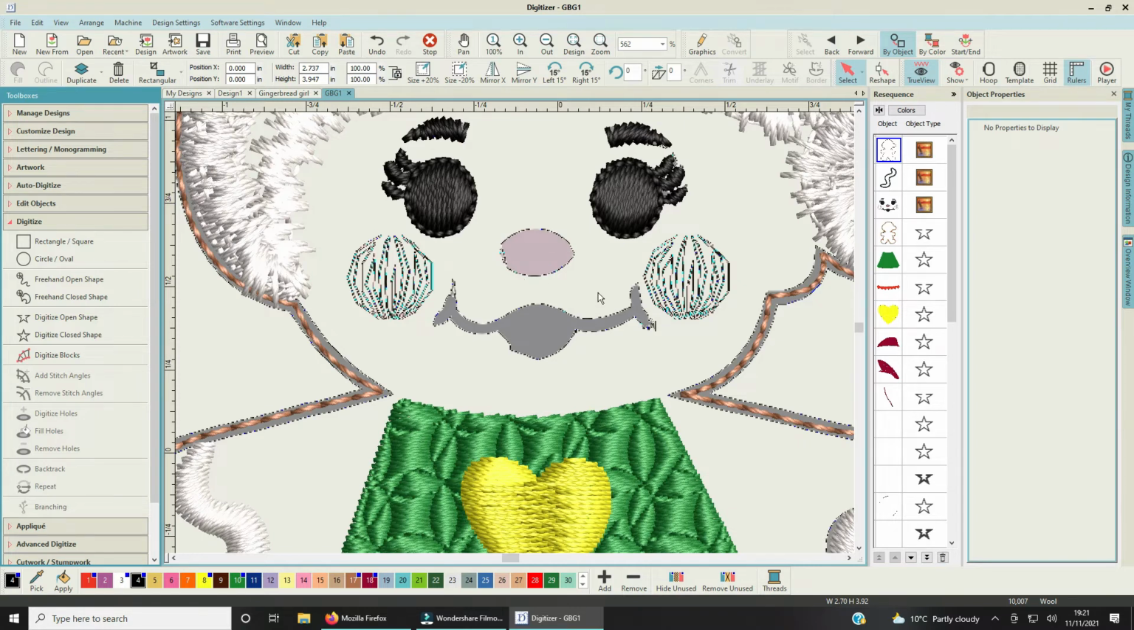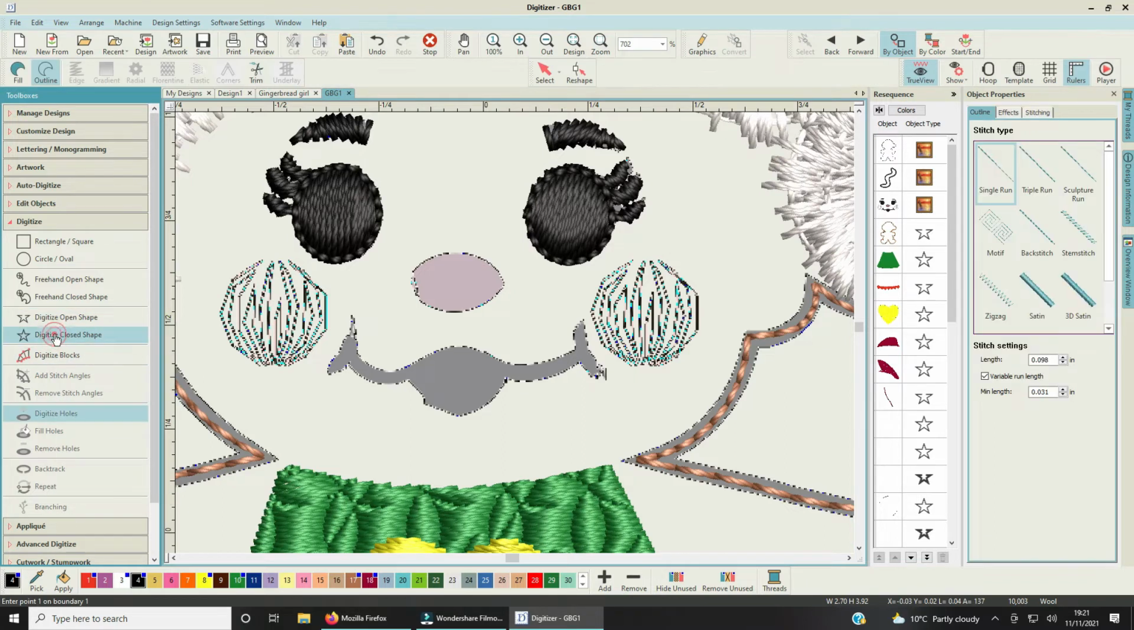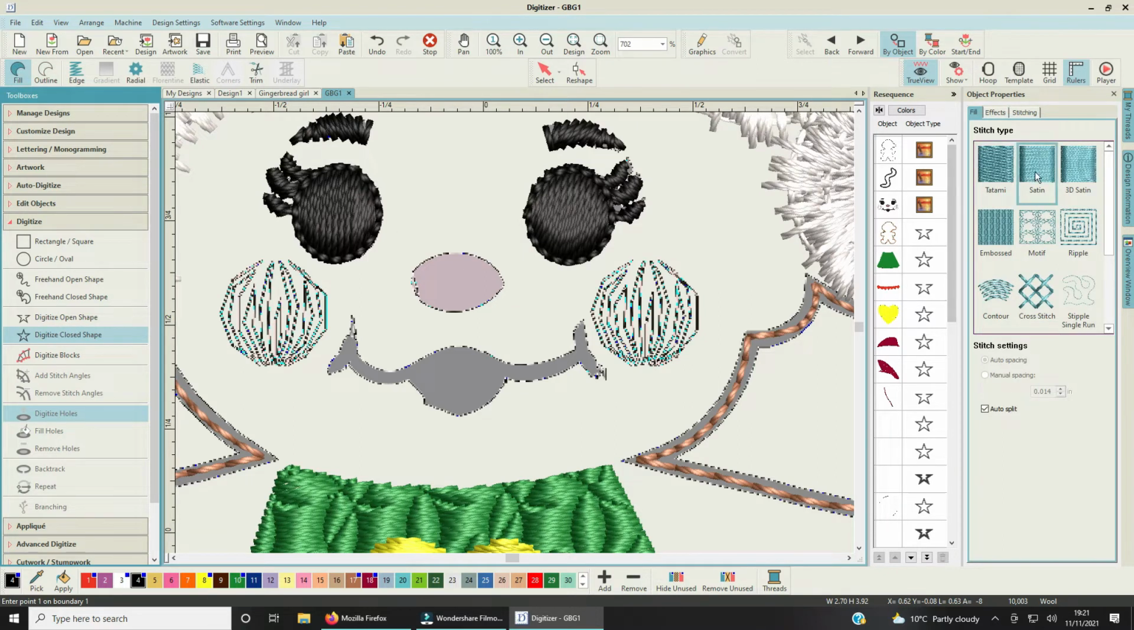Now, while we're still working in black, let's look at the mouth. So now we're going to do normal digitize, close shape, in black, and it's a fill in satin. We're still working in satin, that's brilliant. But what I want to do is have her lips down here. I don't want them to start that big. I'm going to start about here, and I am just going to outline